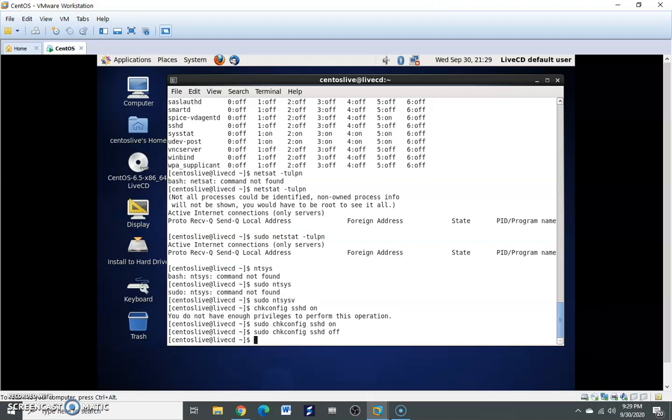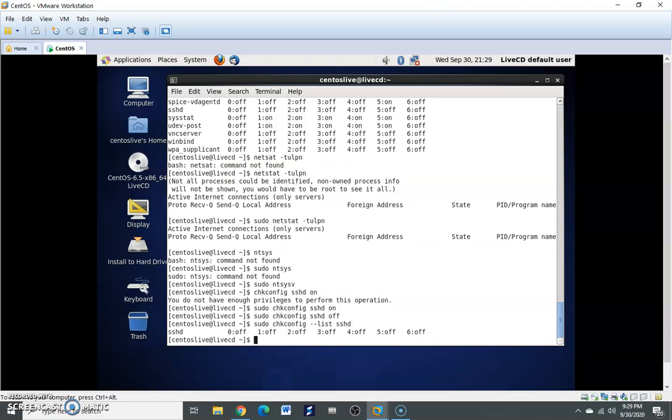Now it becomes off. If I want to see the current status of this one, simply put --list and then sshd, so it will be off. This shows you the sshd service is off.